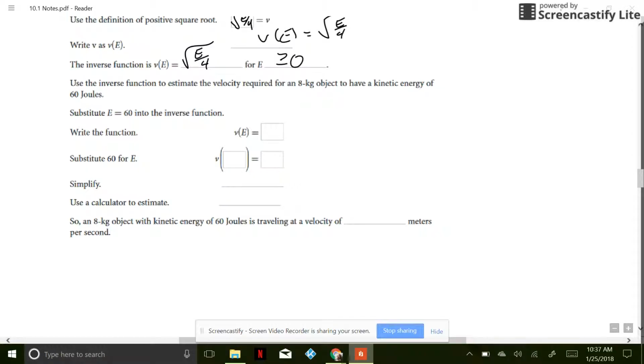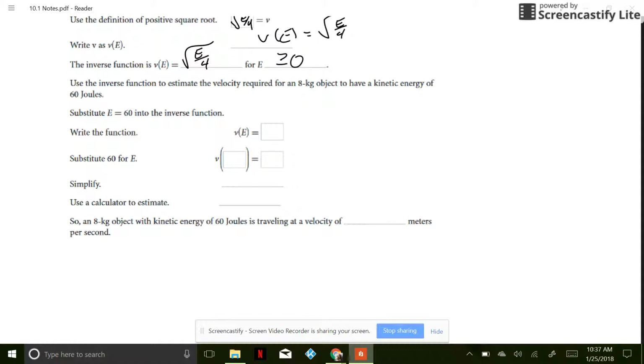So we're continuing where we left off in the last video. We just found the inverse function for velocity and kinetic energy, so v of e is equal to the square root of e over 4, where energy is greater than or equal to 0. If we want to estimate the velocity required to have a kinetic energy of 60 joules, we'll substitute